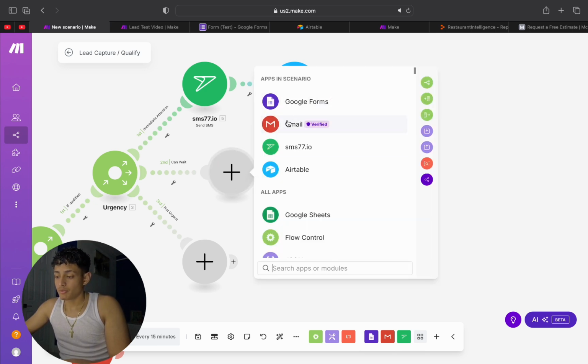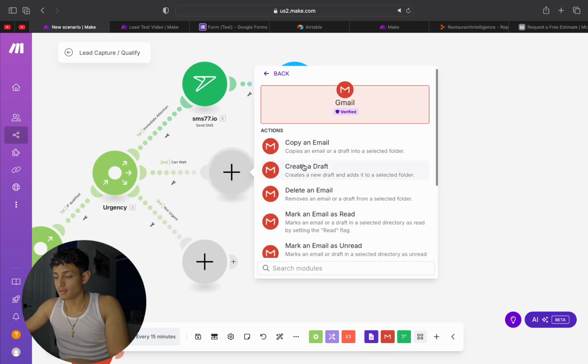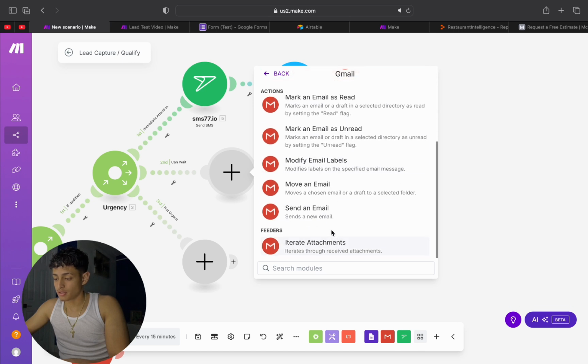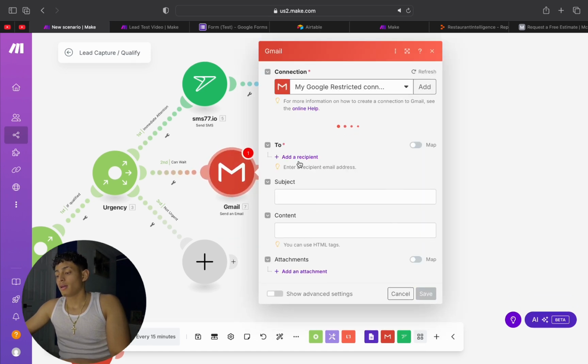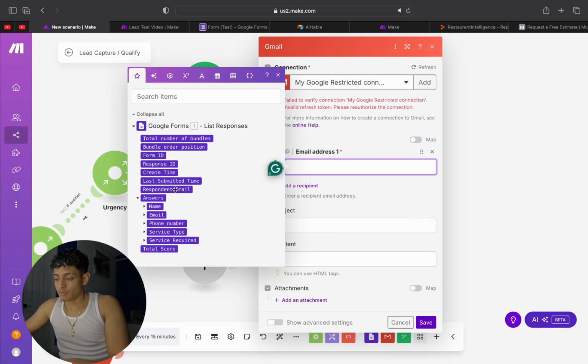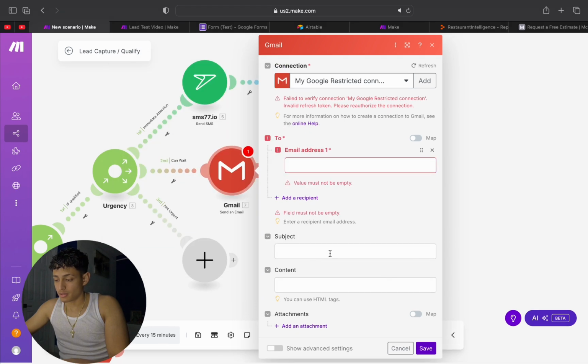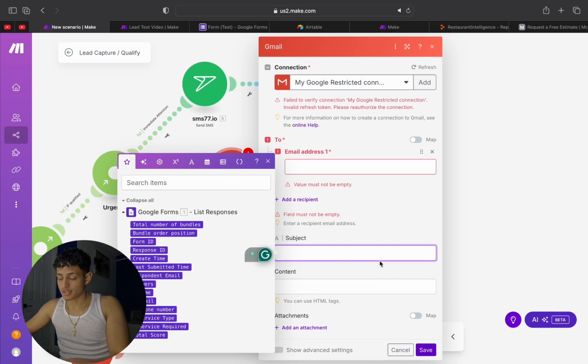So if the person can wait, then we're going to go ahead and add a Gmail. We're going to send the person an email, and then we're going to add a recipient. The recipient is going to end up being the email for the person, and the subject is just going to say to the person, we're going to ask them to book an inspection with us so that we can know more about their problem. So we're going to go ahead and say, hey,